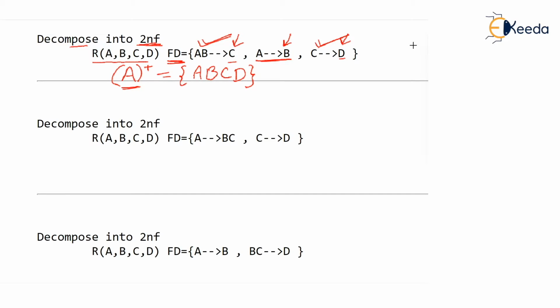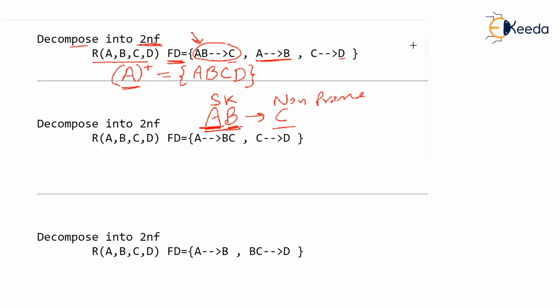Now watch out, something interesting. Just a question: is the dependency AB determines C partial? No, it isn't partial. Just think over it. The left hand side AB is not part of the candidate key. In fact, it is a super key, because in AB determines C, A is already there. The perfect candidate key is there, and we have added something. So this is not part of the candidate key; in fact, this is a super key. And the right hand side is a non-prime attribute.